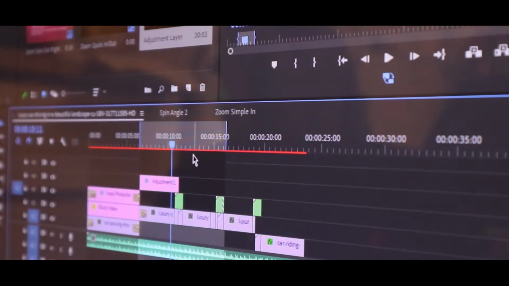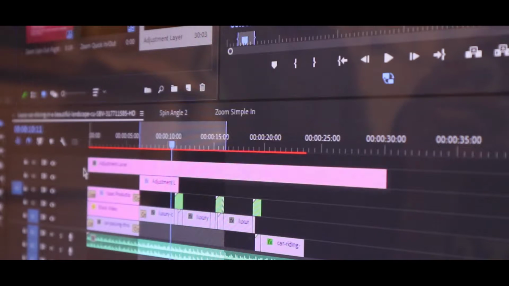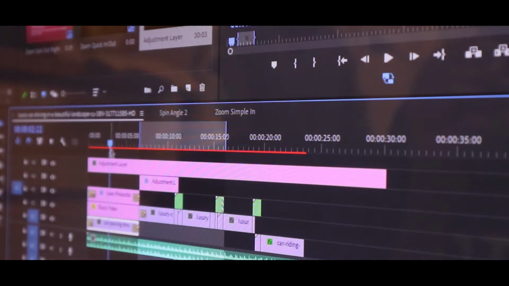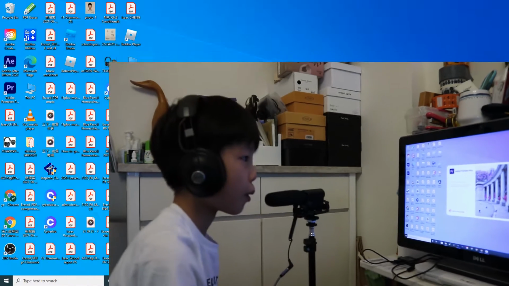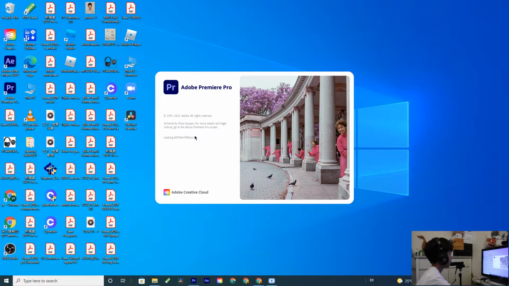Firstly, you will need to already have downloaded Premiere Pro, and if you already have Premiere Pro, let's jump straight to the tutorial. First thing you need to do is to open Premiere Pro, this screen right here,